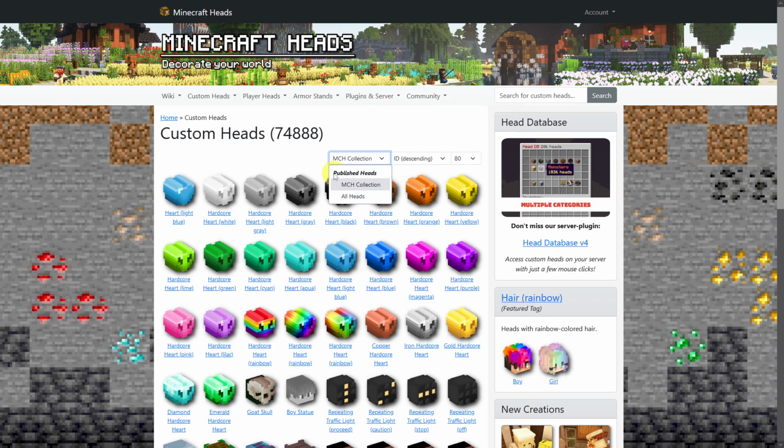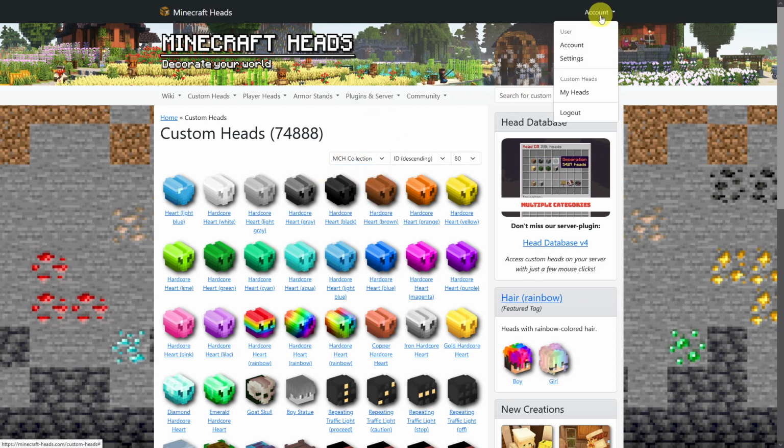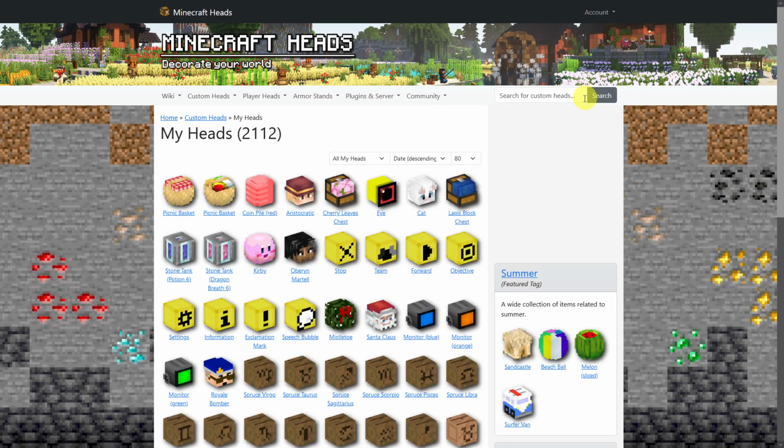Now you may wonder, if you can find published heads here, is there something like unpublished heads too? And yes, indeed, you can. For example, if you go here to account and my heads, you see a very, very similar dropdown.